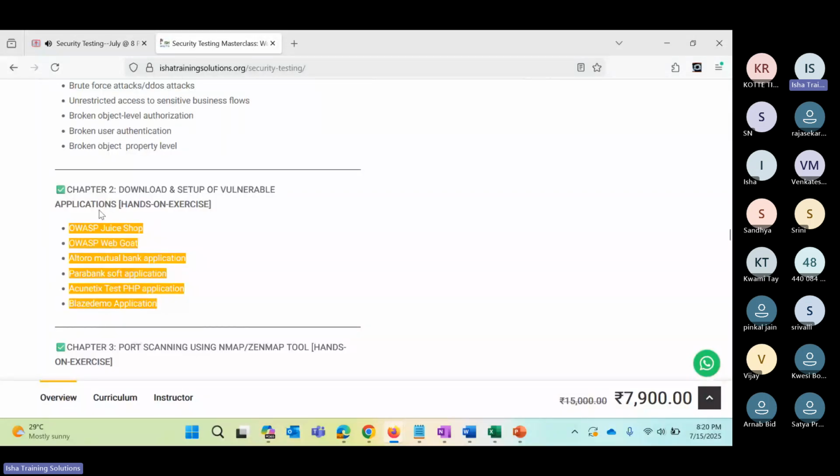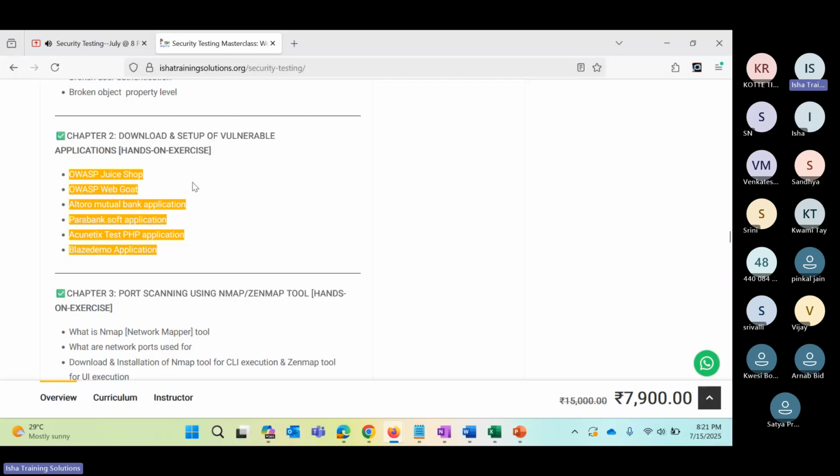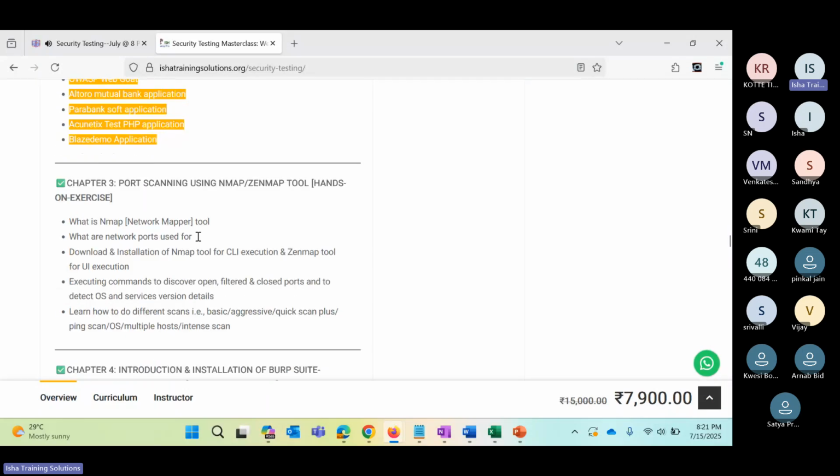So chapter 2 becomes mandatory for all the final participants who enroll in the course to have these set up. So I will help you how to set it up by doing it on one of the participants' computers. So please join it on your personal computers, not on your office computers, because if you say on my office computer I cannot install anything, then it won't help in training. So you need to join with a personal laptop. Or if your office laptop has got all the permissions for you, like you have the admin access to install, then definitely happy. So once we install the applications that are needed for our project, we go to chapter 3,